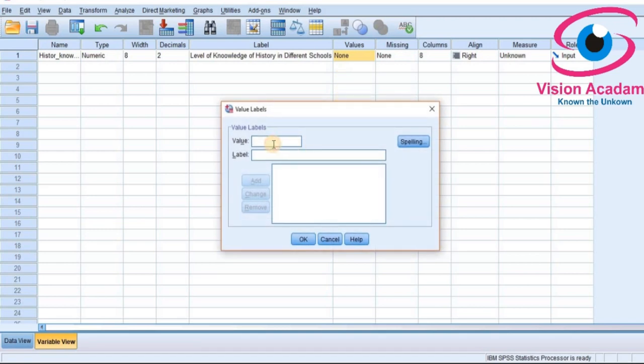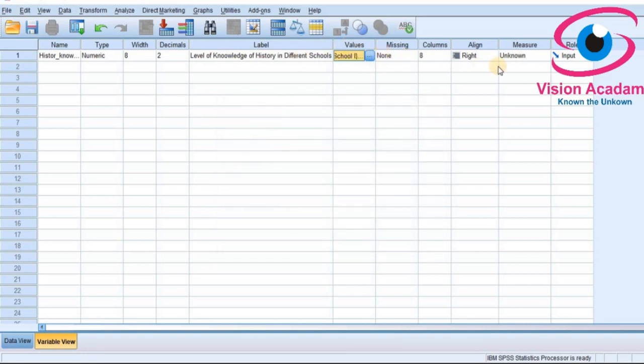The first value will be school 1, and second value will be school 2, and third value will be school 3, and last 4th value will be school 4. So the school number we have entered as values, and since the level of knowledge of history is categorical data, it means school 1, 2, 3, 4.